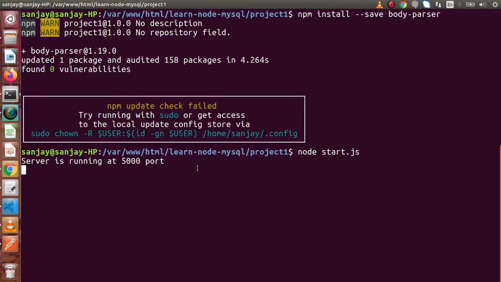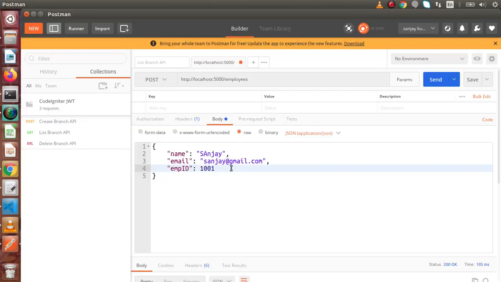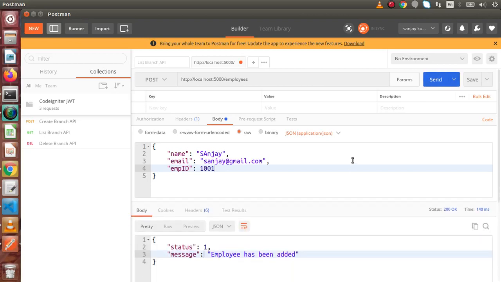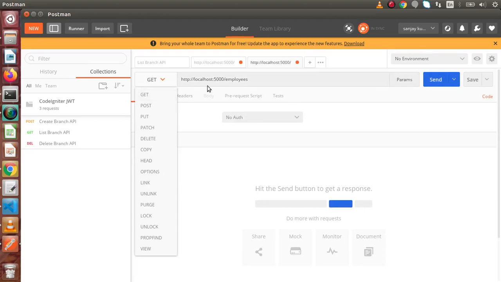Now I can restart the server, back to Postman, and if we click on the send button, check the response: employee has been added. Again, for the second employee, this is our second employee, click on the send button, employee has been added. And if we check this URL using the get request type,